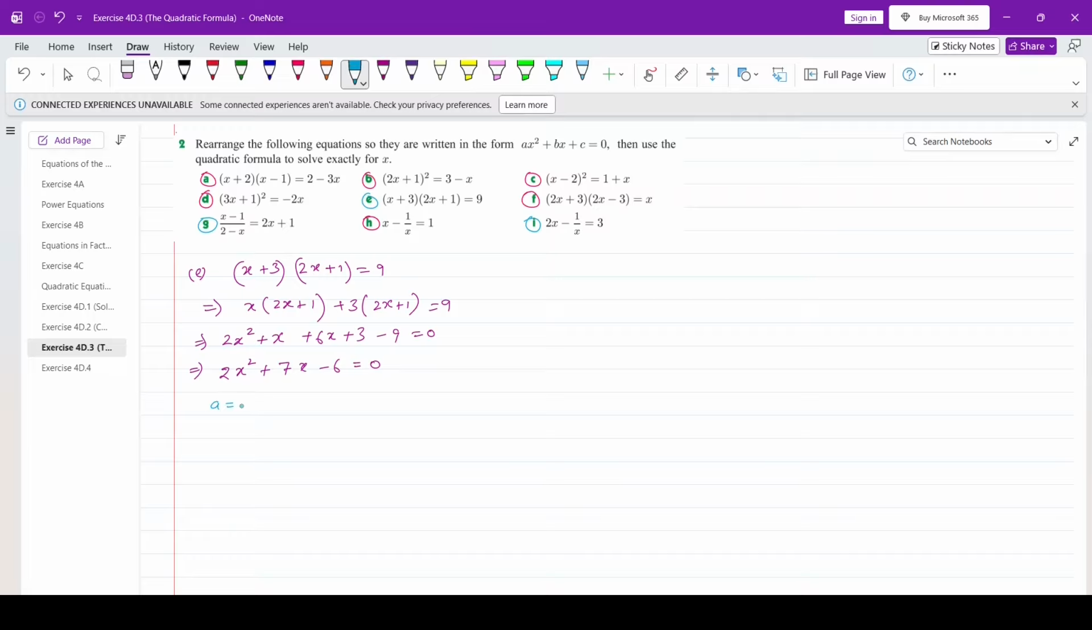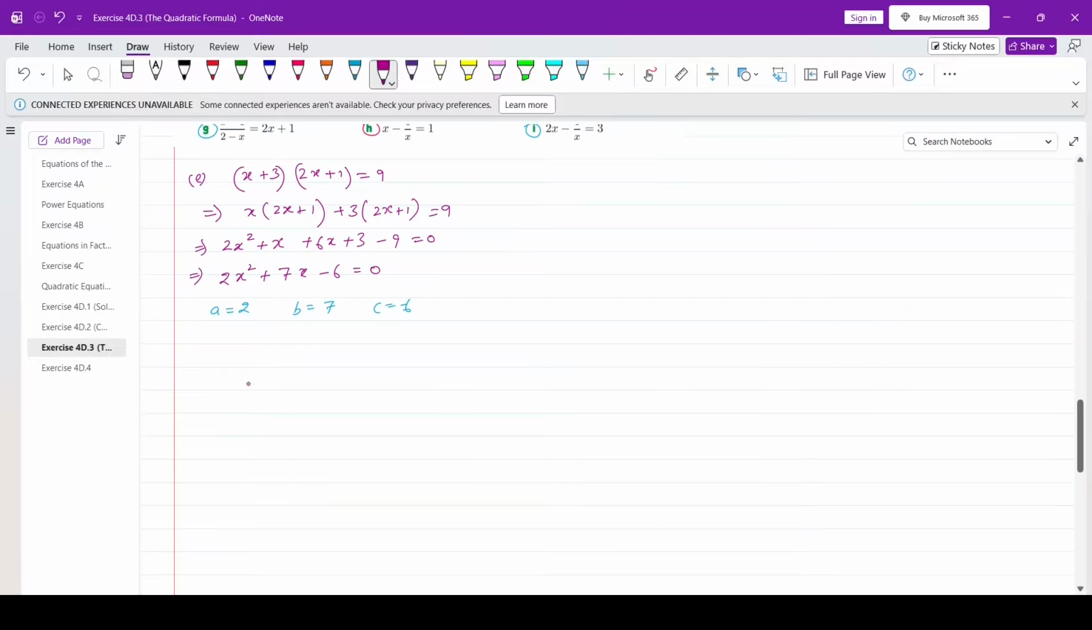So from here a is equal to 2, b is equal to 7, and c is equal to negative 6. Now using the quadratic formula, we can say x is equal to negative of 7 plus or minus square root of 7 square minus 4 times 2 times negative 6, divided by 2 times a, that is 2. So this becomes negative 7 plus or minus square root of 49. Now this becomes positive 48,